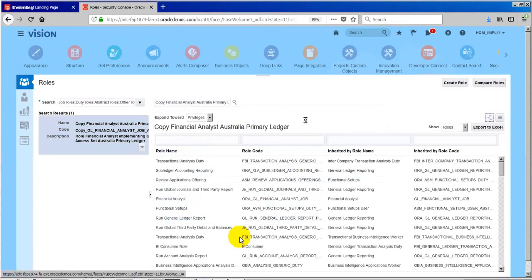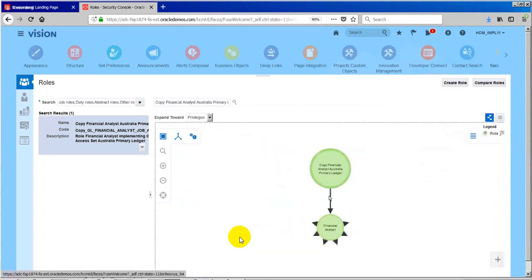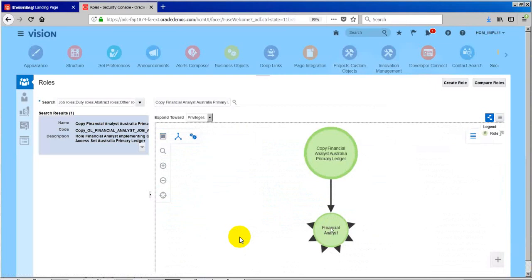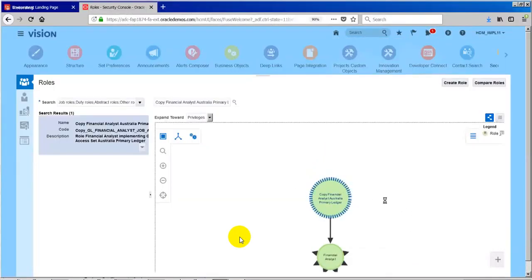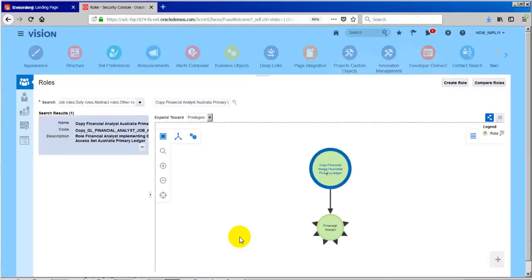So I'm going here. Currently it is inheriting the GL Financial Analyst job role. We wanted to replace this one with this role. Okay. So I'm going to edit the role now.